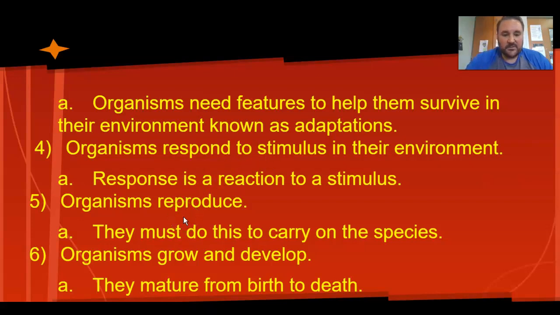If you don't reproduce, your species could go extinct. The human population is so high, we're not going extinct anytime soon, but there are many species that cannot reproduce fast enough to make up for their losses in population. Elephants, snow leopards, pandas are another one that reproduce too slow for how fast their populations are actually decreasing.